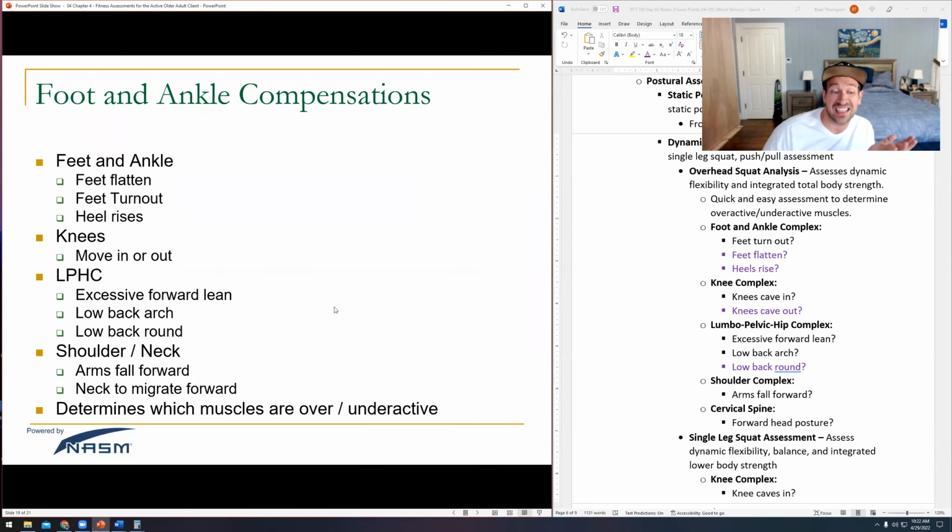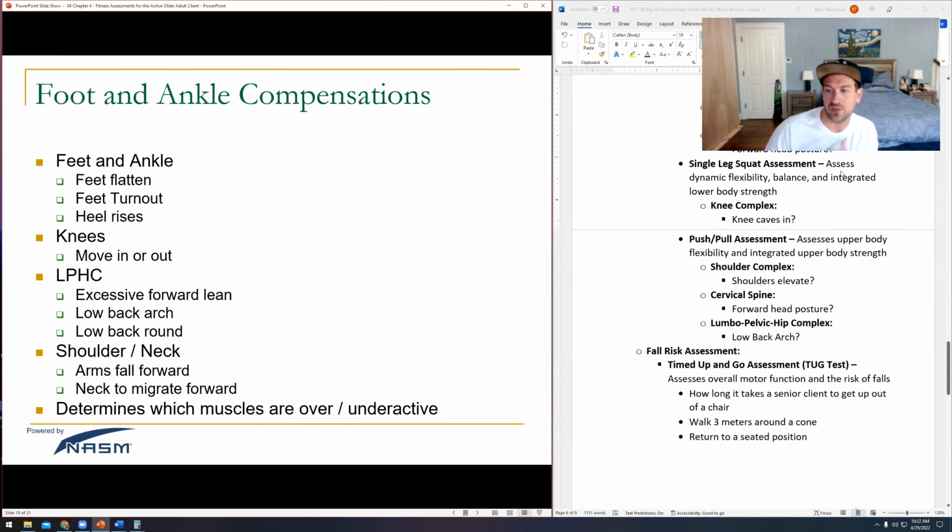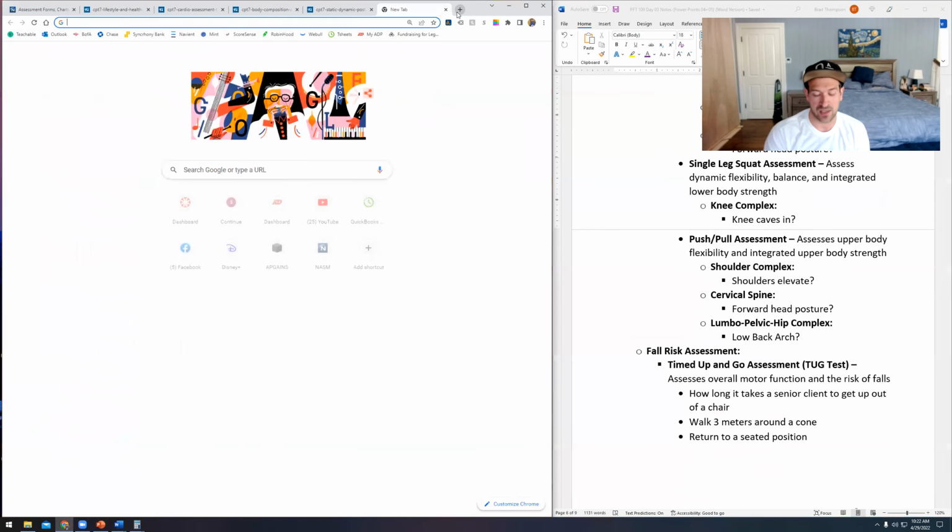Now, let's say my client kills it. They crush on the overhead squat. Now I wanna make it a little bit harder. Well, guess what? I can put them through the single leg squat assessment, right? It's the exact same thing,